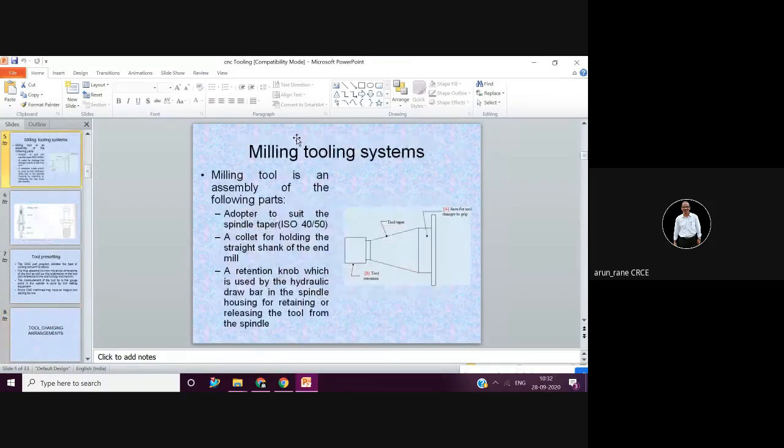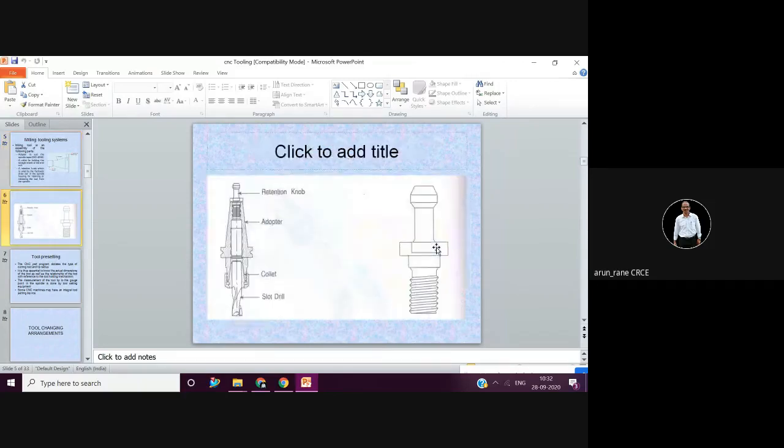In case of milling, this is your tool holder and this is the spindle. This goes into the spindle, and your tool goes inside this. Look at this cross section carefully.